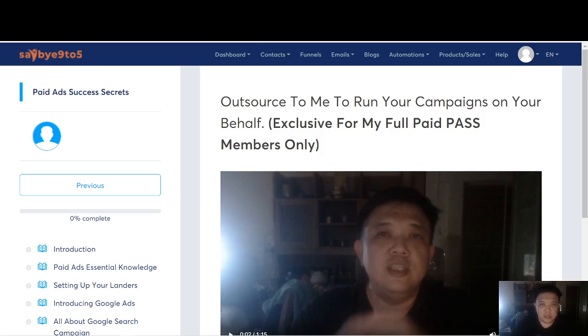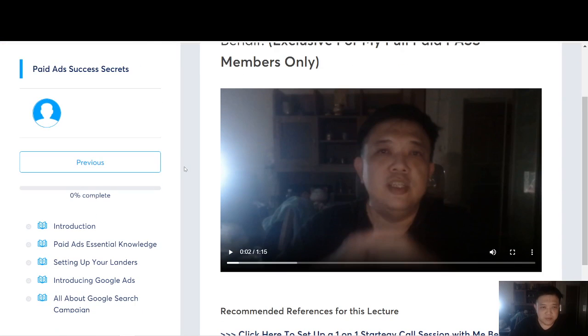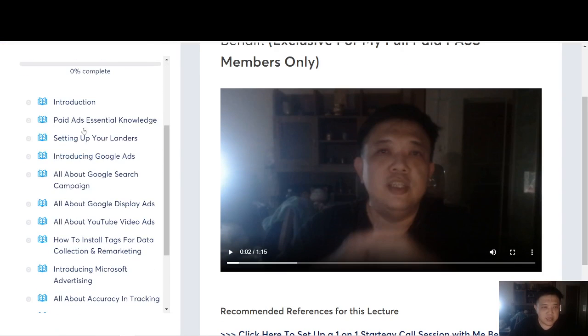Now first and foremost, I would like to show you guys some of the preview of what exactly is inside the course. So first and foremost, you will have things like the introduction of course, then you need to have certain basic knowledge when it comes to paid ads and how exactly to set up your landers, the importance of having landers, the important links that you need to put inside a landing page when you're running paid ads, because running paid ads is very different from running solo ads. All right, you have to abide by certain terms and conditions and terms of usage by all these paid ads